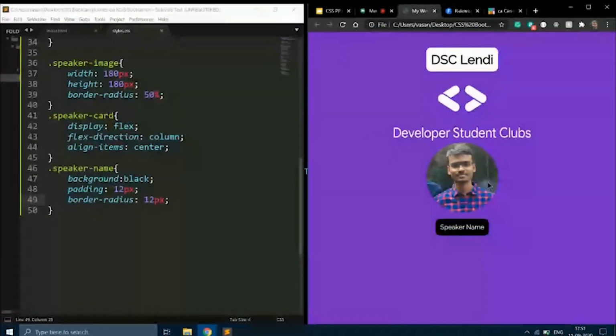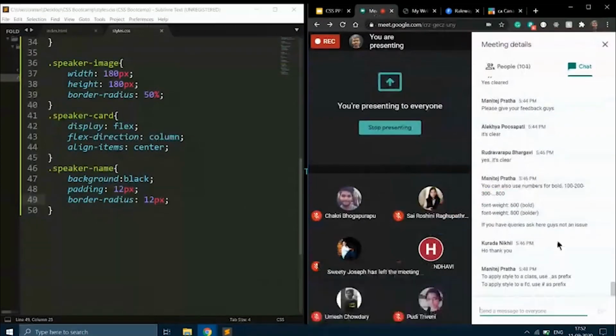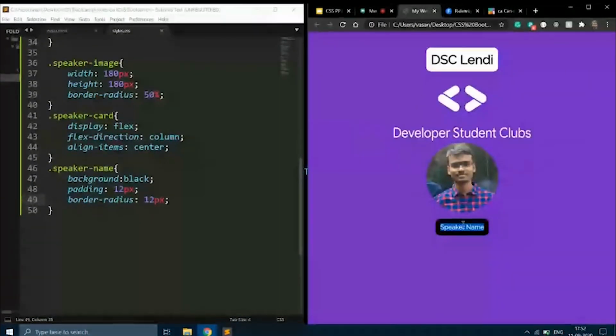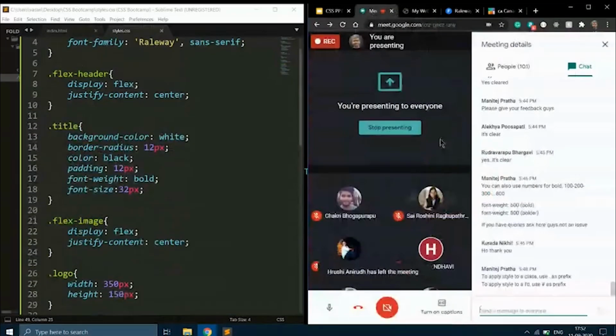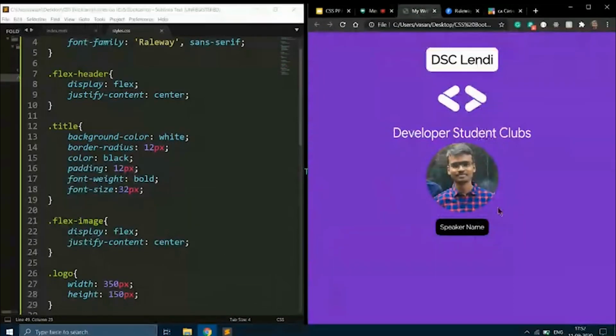And let's say I want a border on both these elements. I want a border around this image and around this speaker name. I want it this way. I want a border here on both these elements combined. Can anyone say how we can do that? I want a border on this image and the name. Can anyone say? We have already learned it. We have already learned the border. Padding. No. I'm saying that we need to apply the border to both these HTML tags.